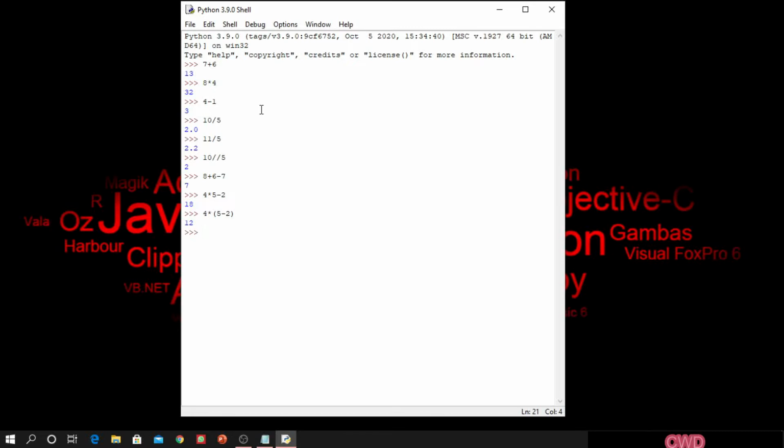Now if I want to do some powers, say I want to find 2 raised to 3, I can do 2 into 2 into 2. It will give me the output 2 raised to 3, that is 8, correct? But what if I want 2 raised to 10? I won't write 2 into 2 into 2 ten times. It's hectic work, correct? So we can type our code using a double asterisk. 2 double asterisk 3 means 2 raised to 3. See, it is giving me the same output. So this is how to calculate a power.